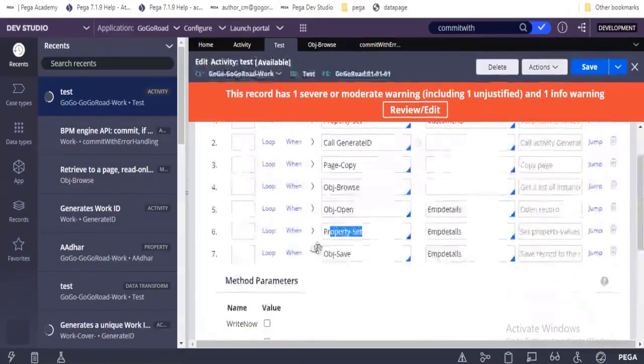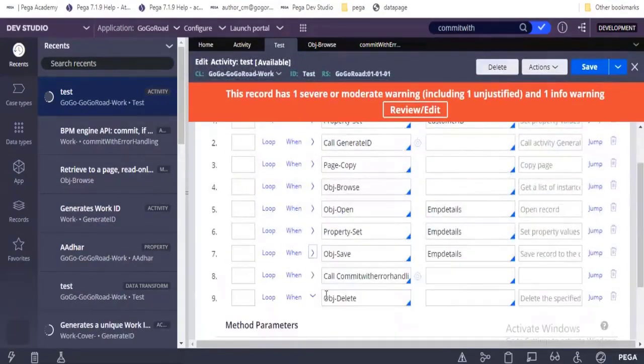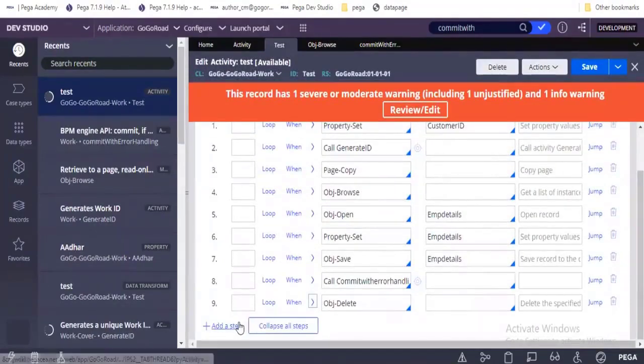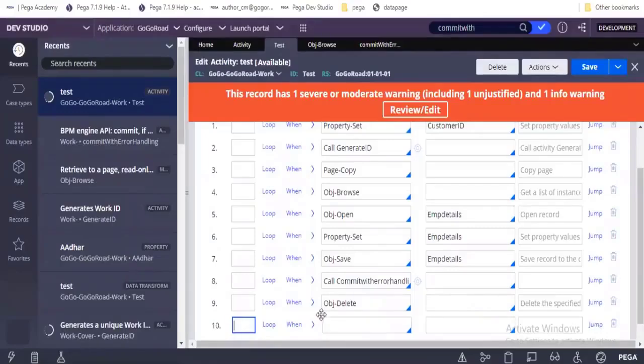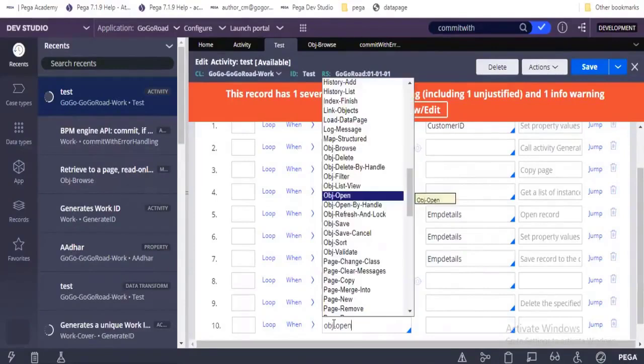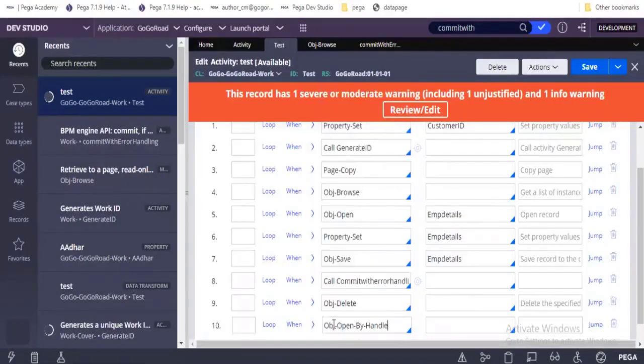Okay, now we are discussing similar methods like obj open by handle and obj delete by handle. Same functionality. Obj open by handle and obj open have the same functionality to open a single record, but by two methods.